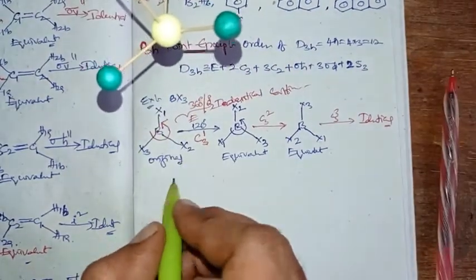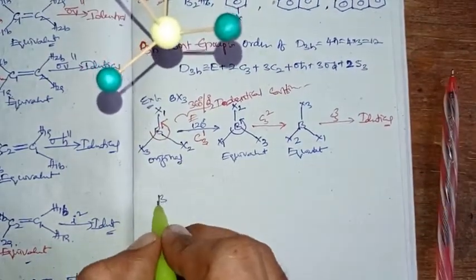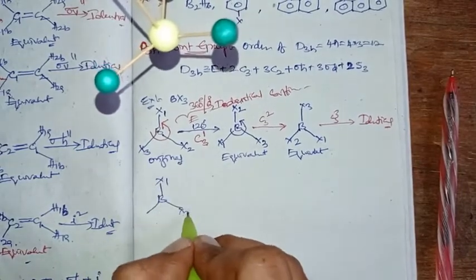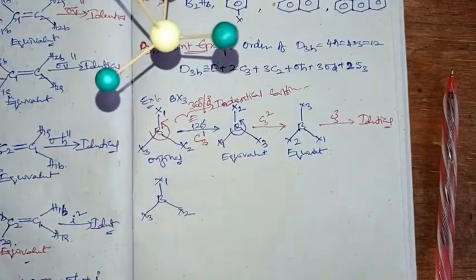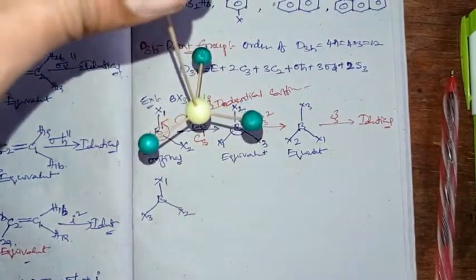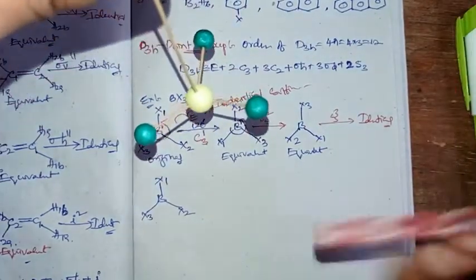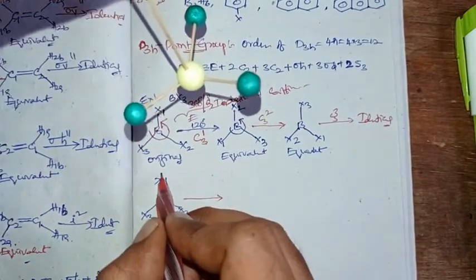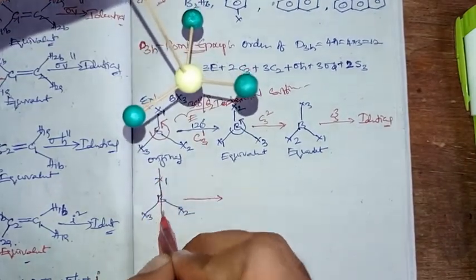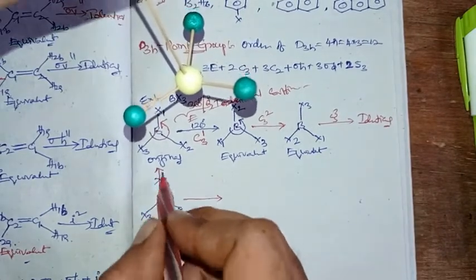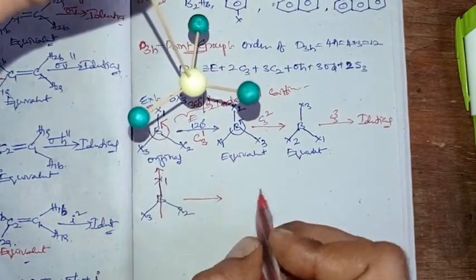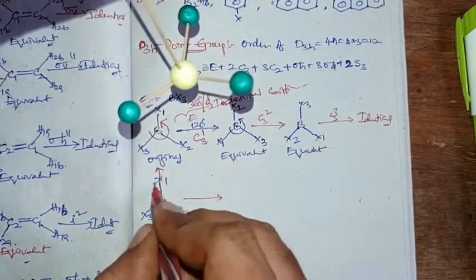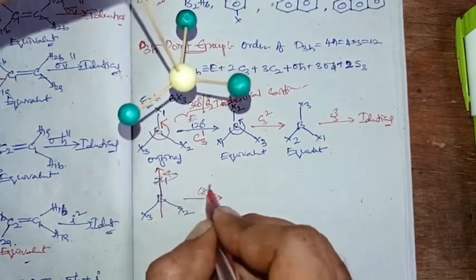Next, there are more rotational axes possible in the BX3 molecule, aren't there? Yes, there can be three more two-fold rotational axes here, where an axis passes through boron and X1. Along the boron-X1 bond, if you make an axis and do a 180 degree rotation,